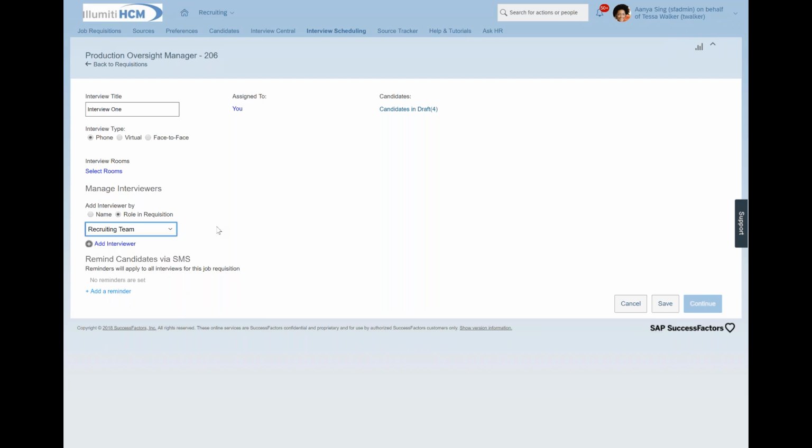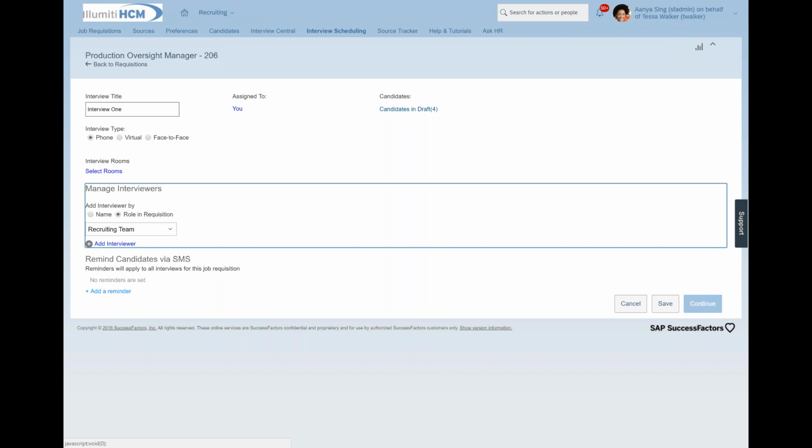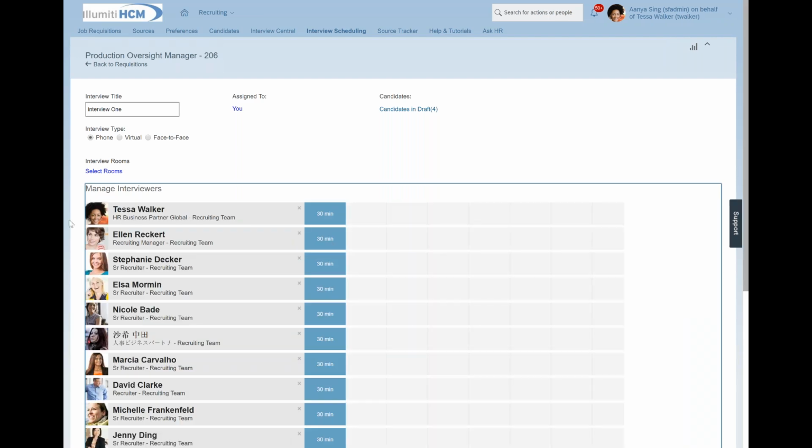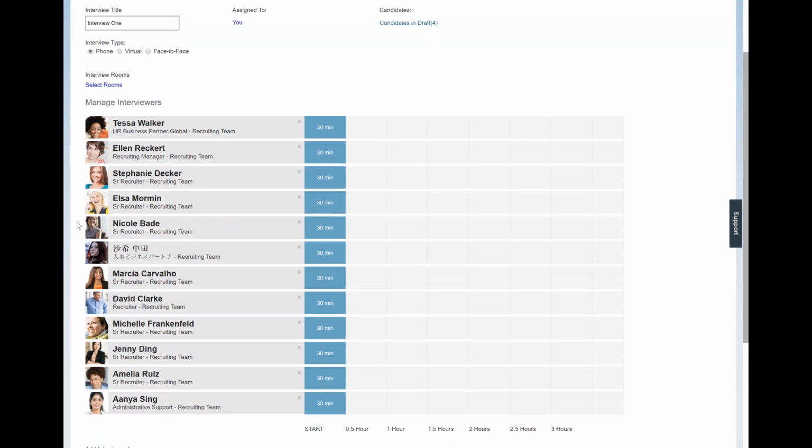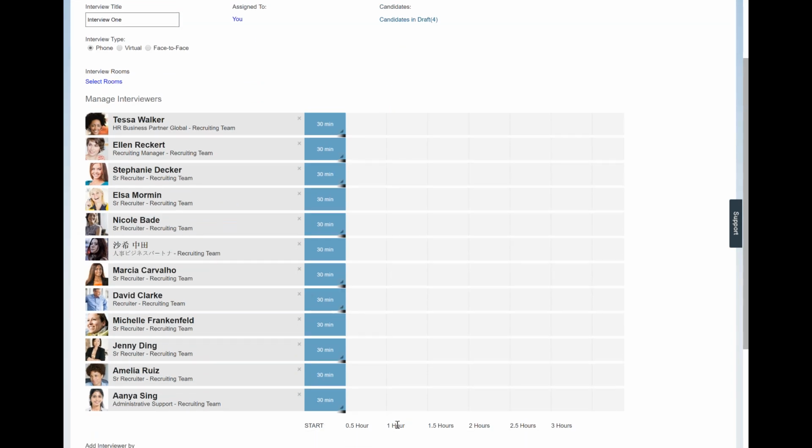So I could choose to include all of these people or just one of them at a time. And you see when I do indicate who should be involved, I indicate whether this should be a 30-minute session, 1 hour, 1.5 hours, how much time this candidate should be spending with each person. And you can see I can extend it out to 1 hour here.